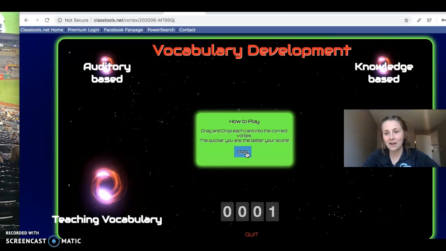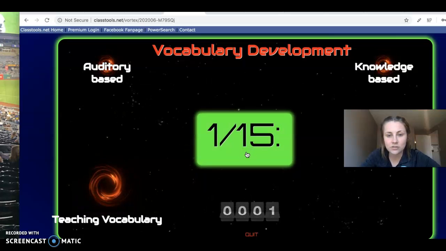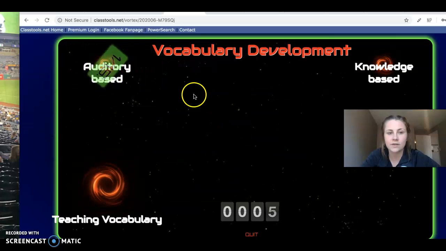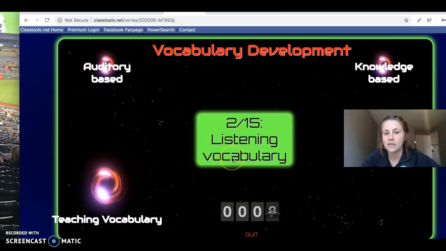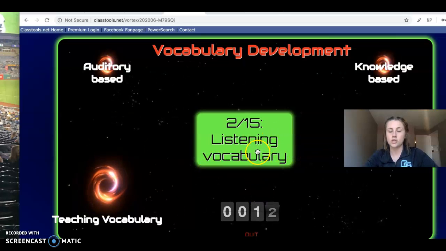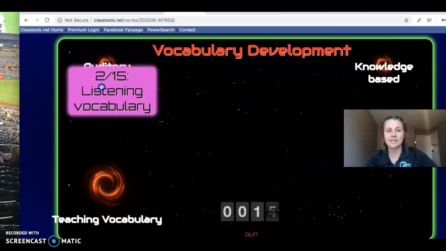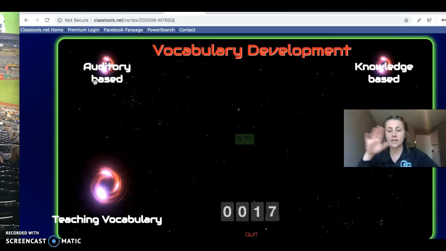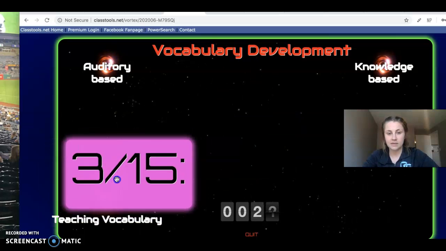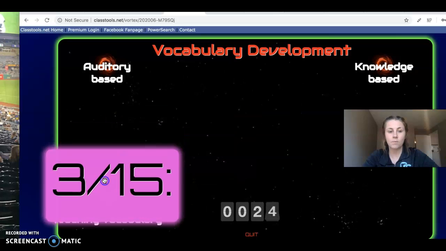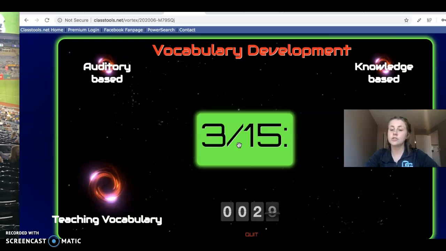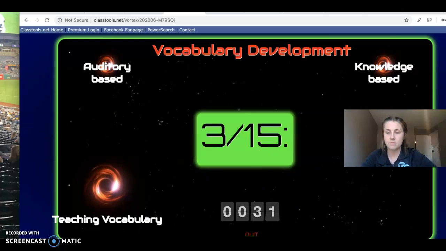So just to show you guys, I'll hit start here, and this is just showing you what it would do. So listening vocabulary, what would that go under? That would go under auditory based. So I drag it to auditory based. If you get it correct, it will go there. If it isn't correct, it will bounce back and allow you to just keep going. The only thing that damages you is you would get a longer time because you were not